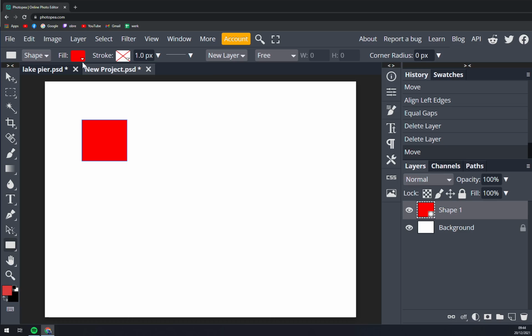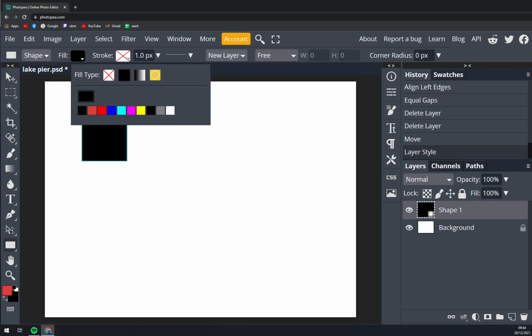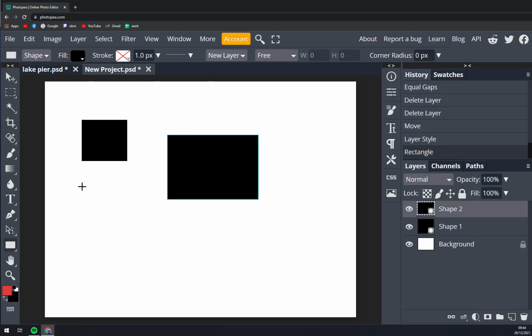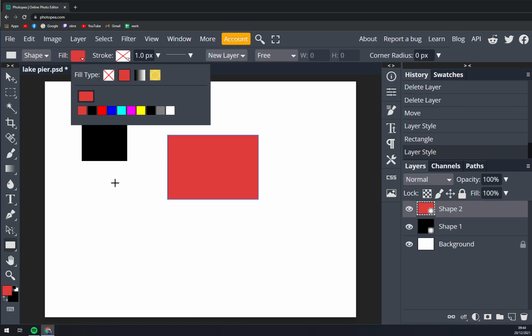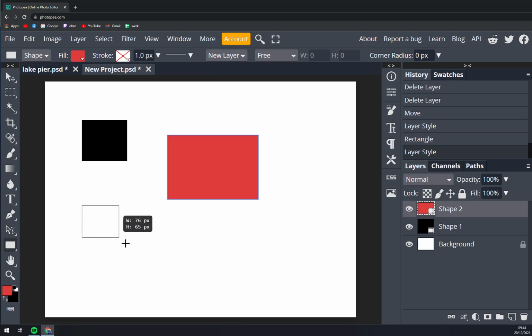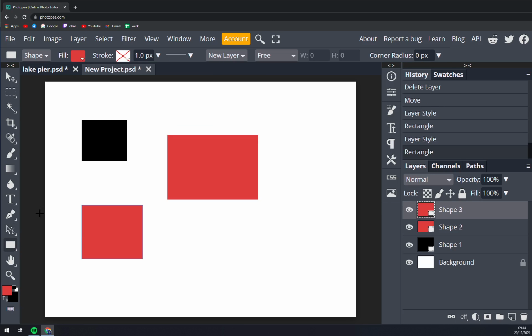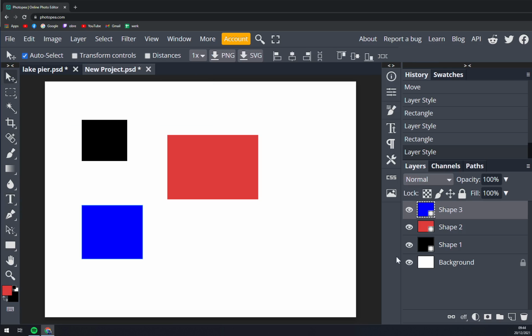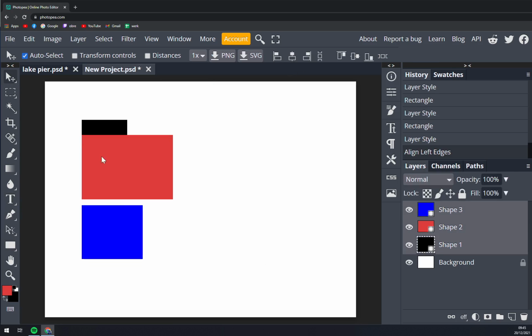We have now only one. Let's create another one which is also green, and let's make it red, and let's go with this one, and this one will be blue. Now we are going to select all the edges, and now we can simply align them to the left